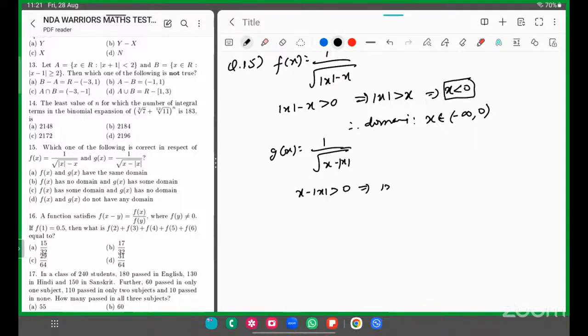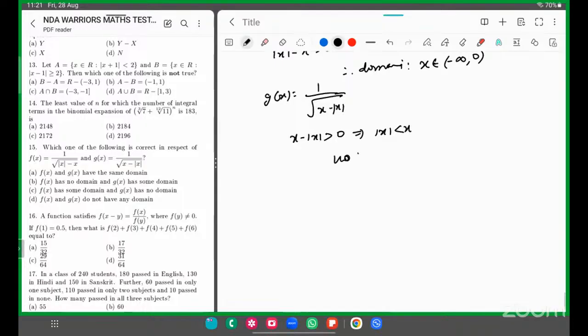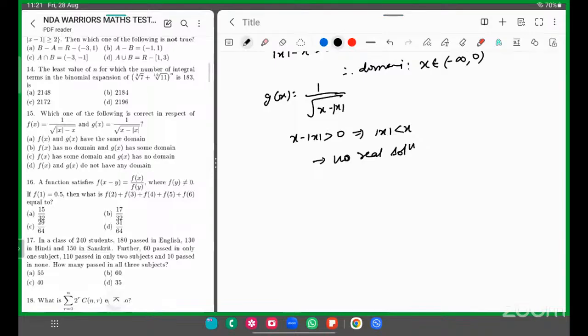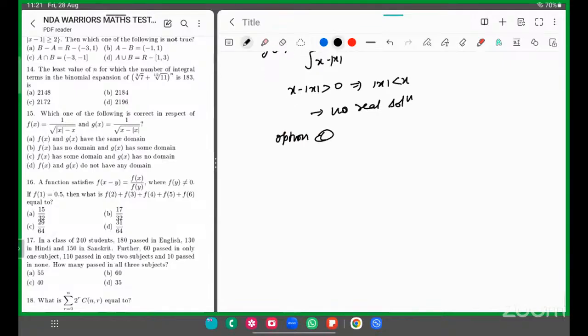This implies that |x| is less than x, जिसका क्या मतलब हुआ, |x| less than x, क्या ये पॉसिबल है, क्या |x| कभी x से कम हो सकता है, नहीं ना। नो सॉल्यूशन है, no real solution। तो उसके ऑप्शन में क्या दिया है, f(x) has some domain and g(x) has no domain, ऑप्शन C टिक करो, ऑप्शन C।